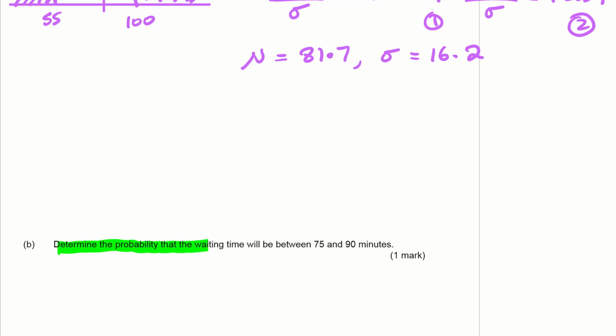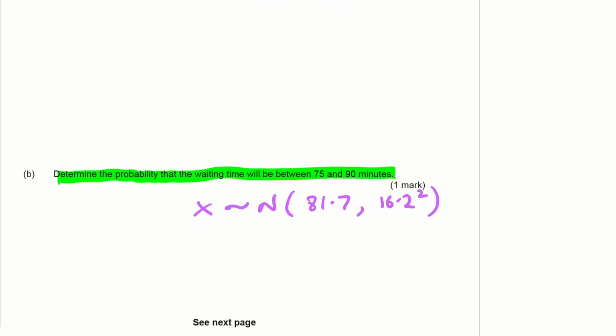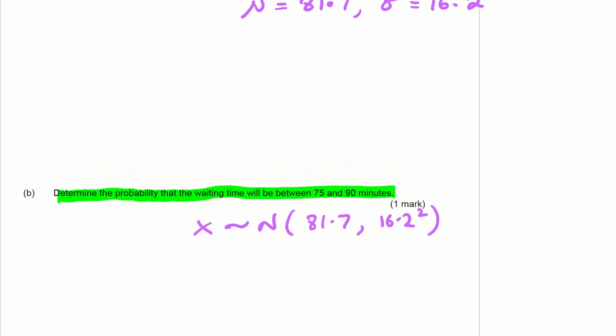Determine the probability that the waiting time will be between 75 and 90 minutes. So basically we use the values that we just got. X is a normal 81.7, 16.2 squared. Remember, because that's the variance, that's why I write the squared there. And then we're just doing the probability of X being between 75 and 90, and that's just a standard normal CDF on your calculator, and it gives you